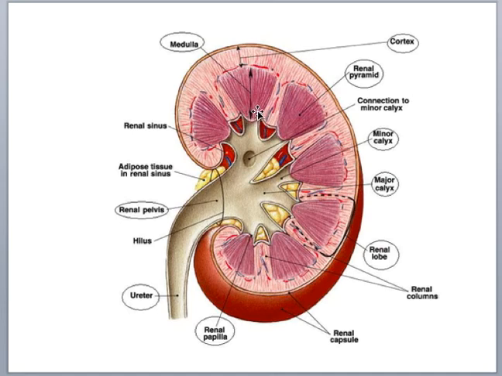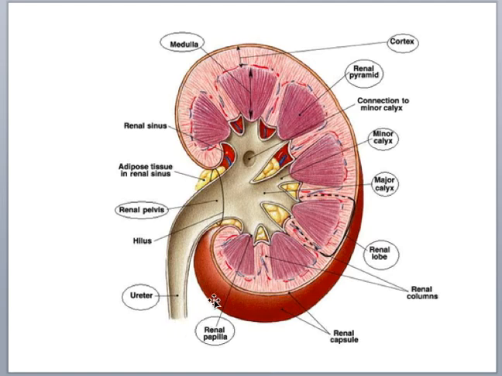Where the renal pyramids come to an apex, this is called the renal papilla. So this little apex of each pyramid is called a renal papilla. The structures that the renal papilla empties into are the minor calyces, and then the minor calyces merge to form a major calyx, and then multiple major calyces merge to form the renal pelvis, and that renal pelvis exits and narrows as the ureter, and that ureter is what's going to transport urine to the bladder